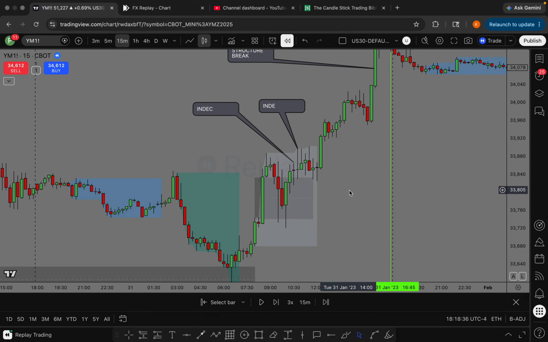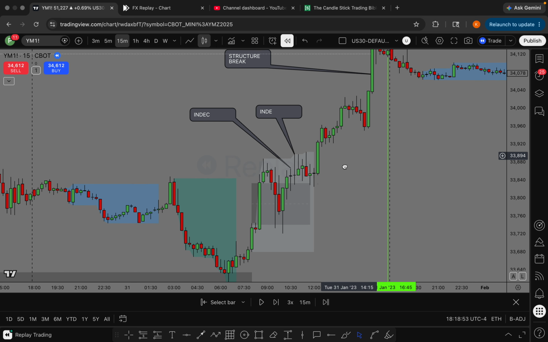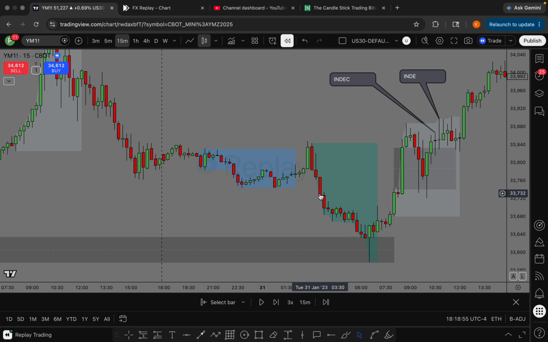Over here, once again, indecision candles. Indecision, indecision. There's no body on those candles. The market was contemplating changing direction. They were at a supply zone. I'm not going to go too deep into it, but yes, these candles are indecisive. They have no body on them. So yeah, let me see where else. I think that's it for those. So yes,